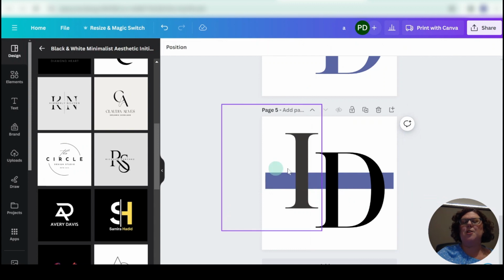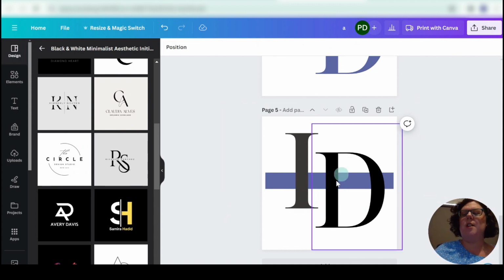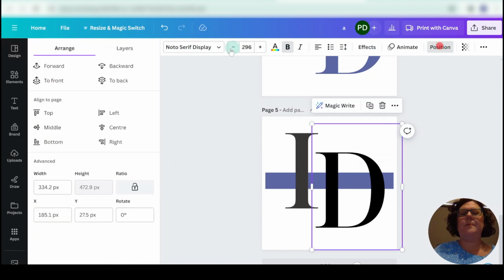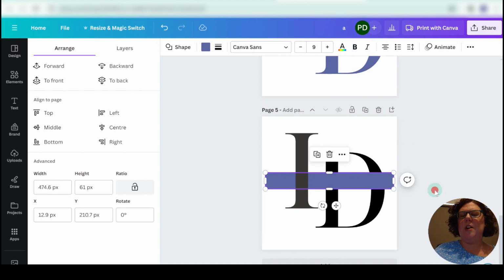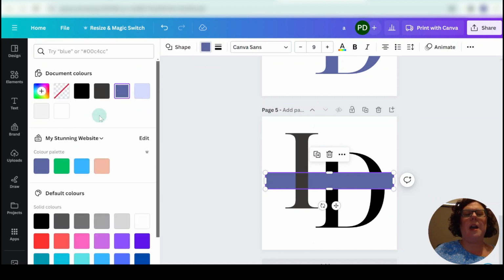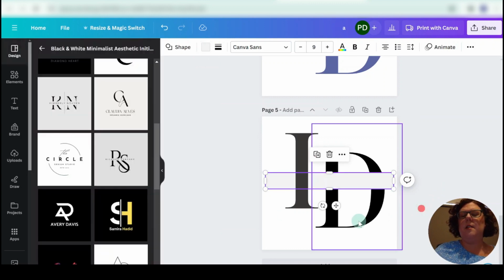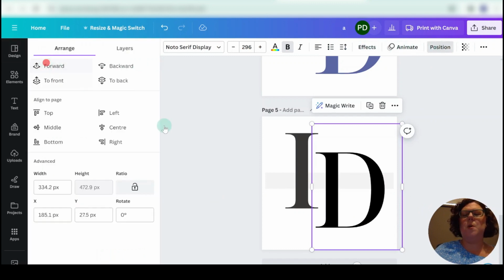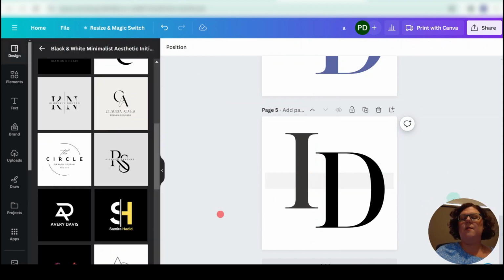Oh, I can't grab it because I've moved those two letters forward. Okay, so let's just move those letters back again. There we go. Now with one letter moved backwards, I can highlight my box, because what I'm going to do is I'm going to change that back to the grey. There it is. Now I'm going to move that letter forward. So now we have our logo with just our letters on it,